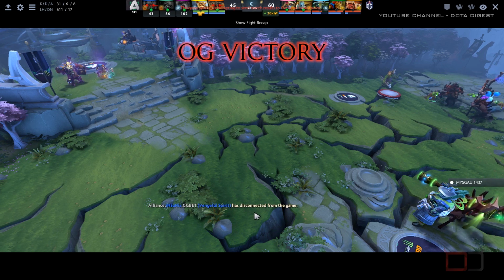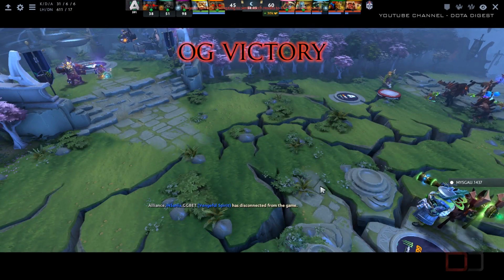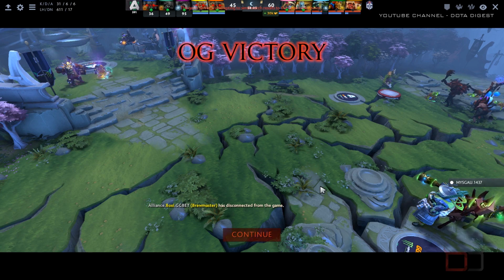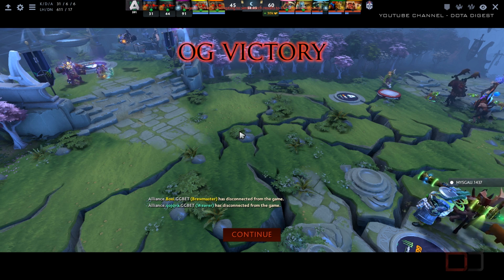Wow, that was actually an insane game, especially by Mickey. His Morphling was sensational. And I think in the end, Alliance just kind of lost patience. They had a bit of advantage. They didn't really use the right heroes to find